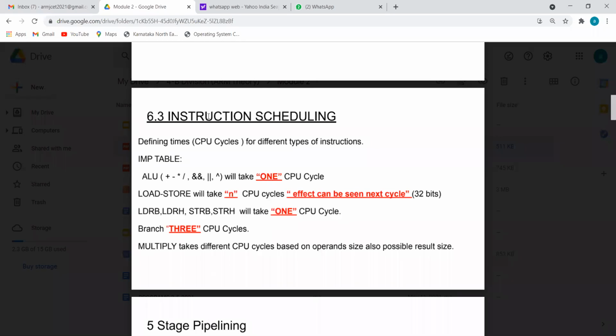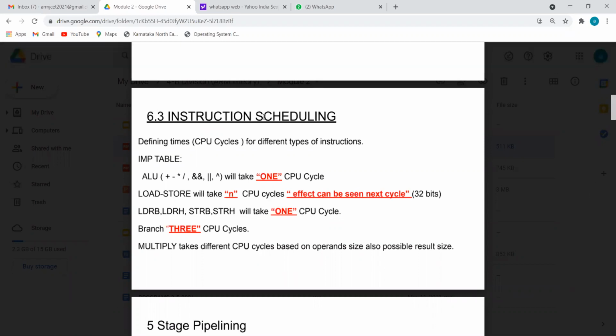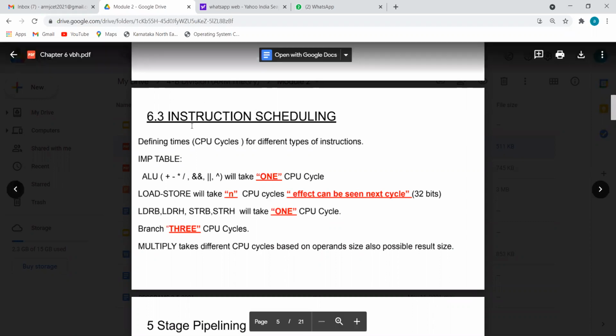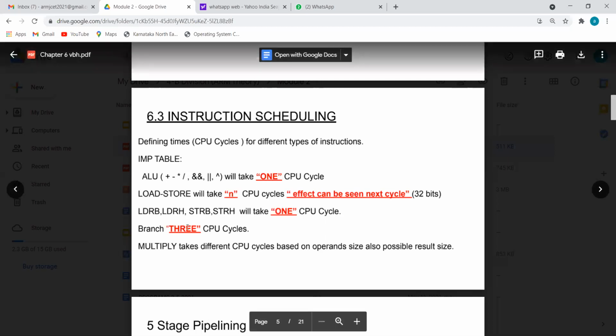What all we studied in our classes so far, like arithmetic instructions, logical instructions, compare, branch, load, store, these are all called instructions. How much time each will take, when we have to execute, what are the problems, and how easy it is to execute individual such instructions, we are going to study in this concept. So please concentrate, and you have to remember these values which are in red color.